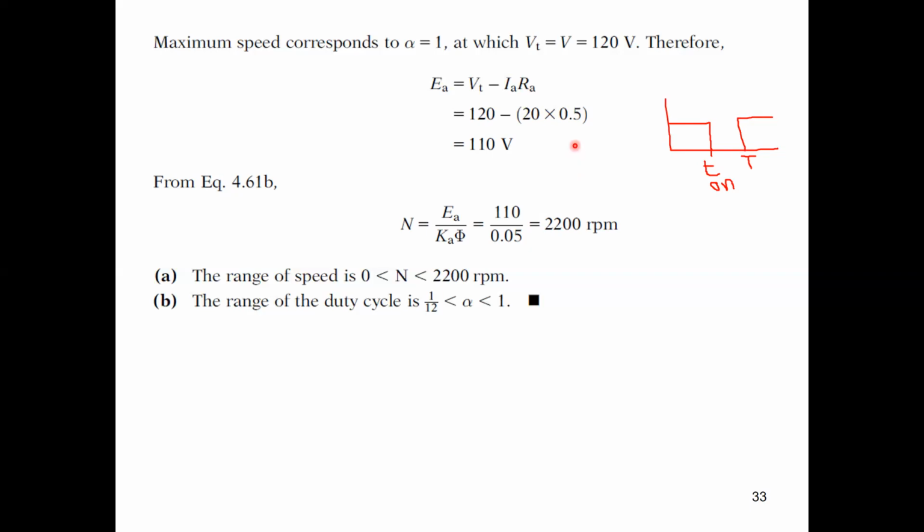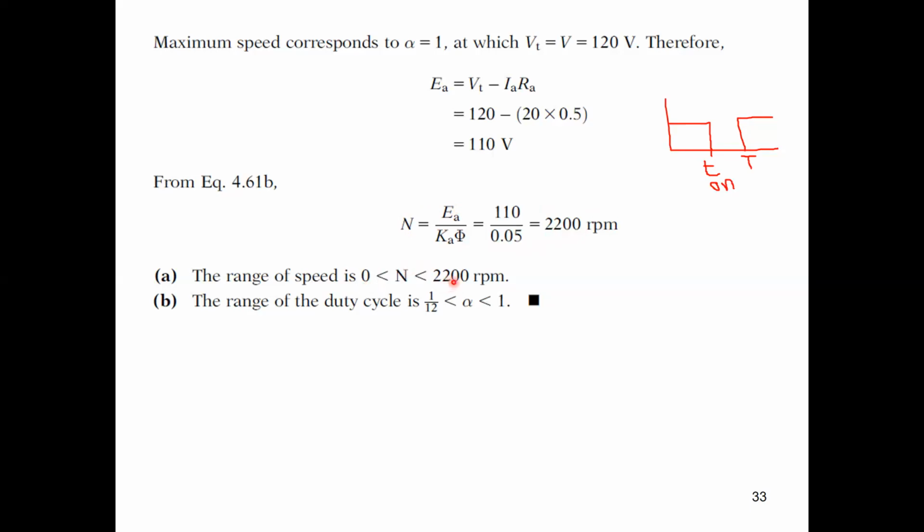We cannot get output voltage from the DC chopper higher than the input voltage. So the maximum voltage we can obtain is 120 volt, like the DC input supply. So EA equals 120 minus the constant current, which is 20 amps, multiplied by 0.5 ohm. So the maximum EMF we can obtain from this converter is 110 volt. Simply, we can now get the speed using this EMF and K phi, which is constant 0.05, to get the maximum possible speed. Based on our calculation, the range of speed control is from 0 to 2200 RPM,